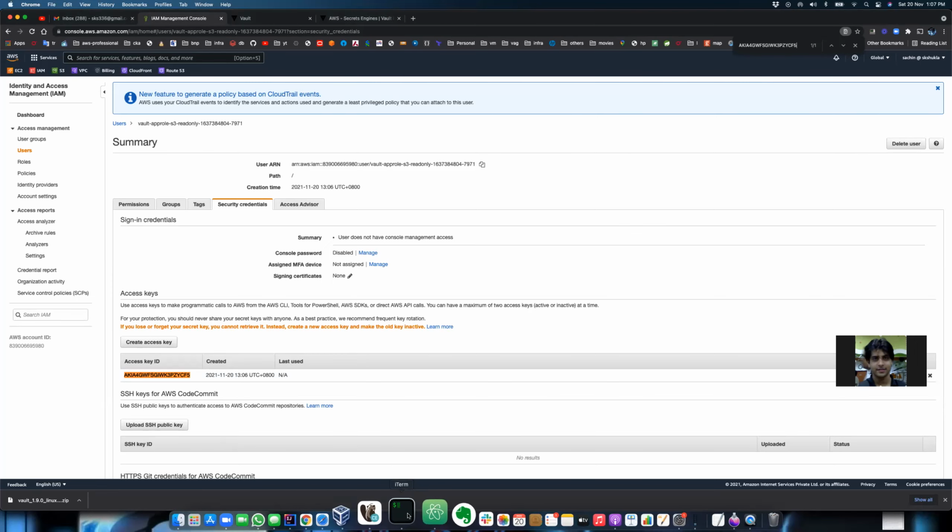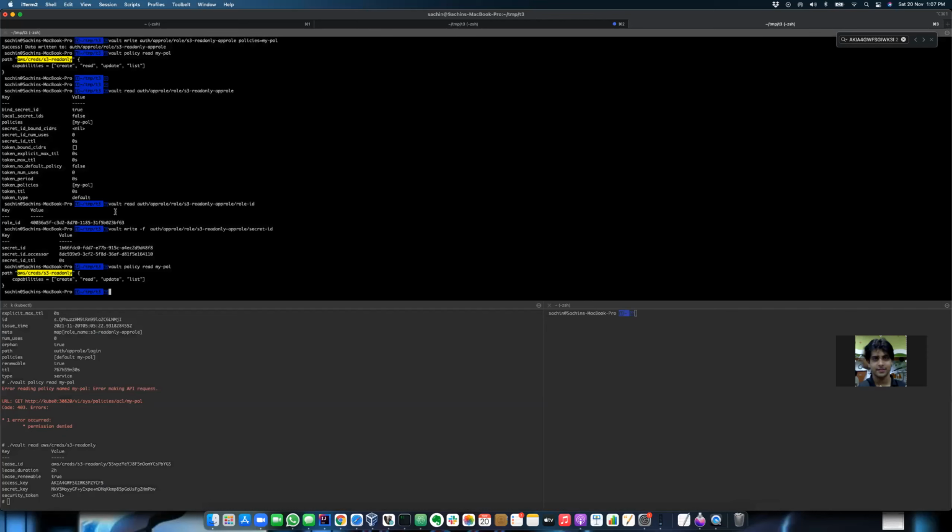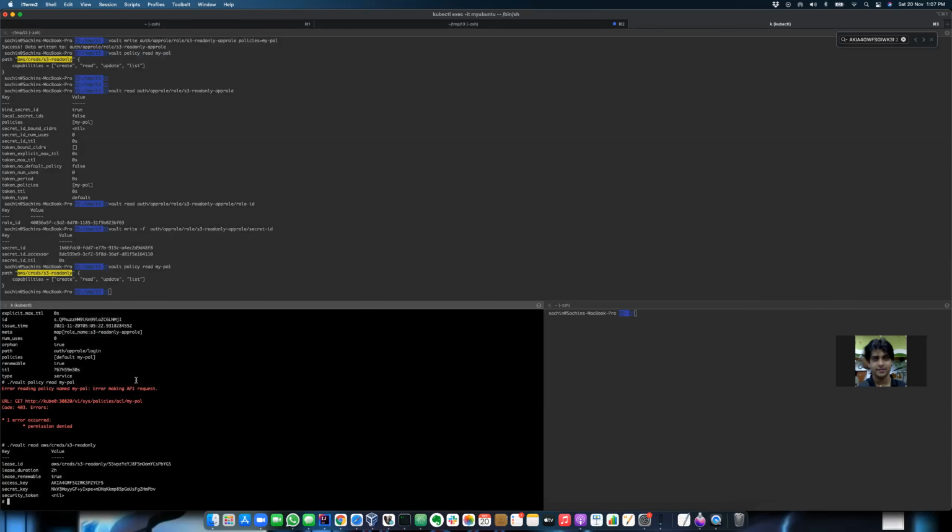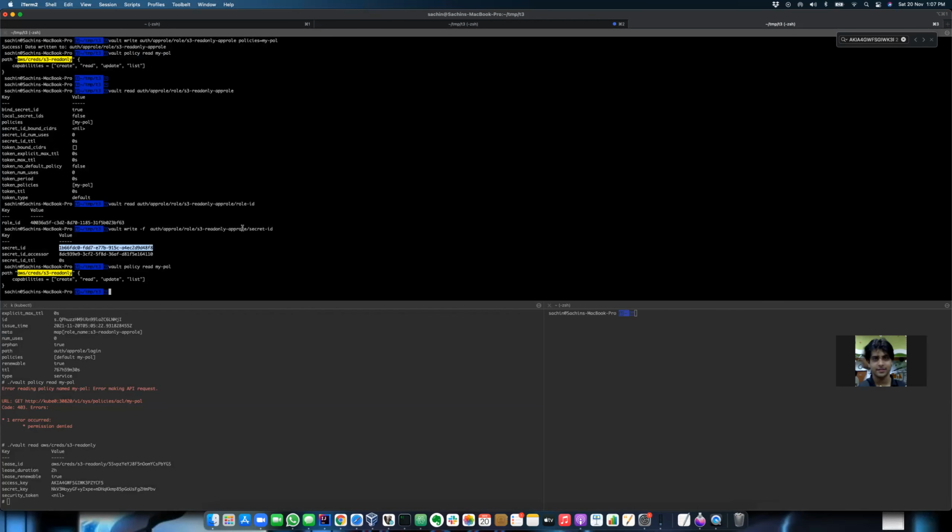Now, the only thing is, as an admin, because I was doing this demo as an admin, I was able to look into the role ID and secret ID and pass this information using Terraform, basically establishing some kind of trusted application in between, and using cubbyhole wrap and unwrap. Even as an admin, even if I have root access to Vault, I cannot peep at this secret. All right,